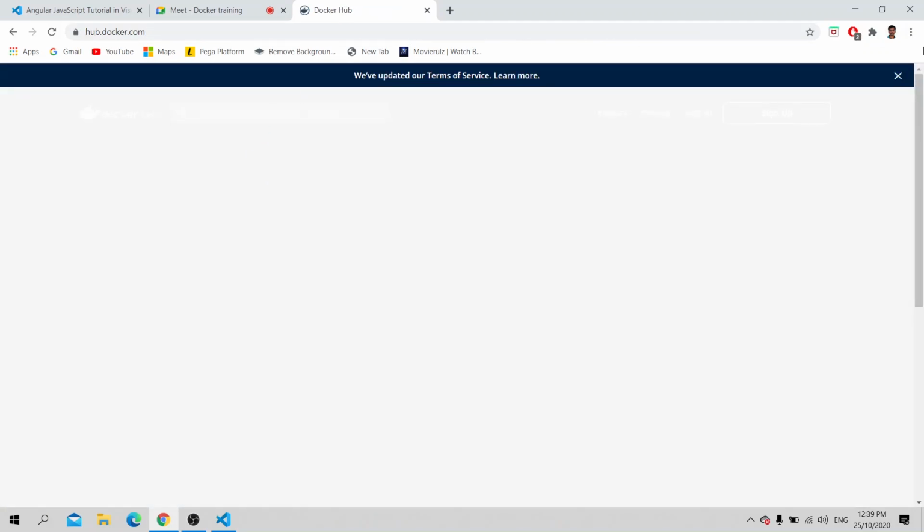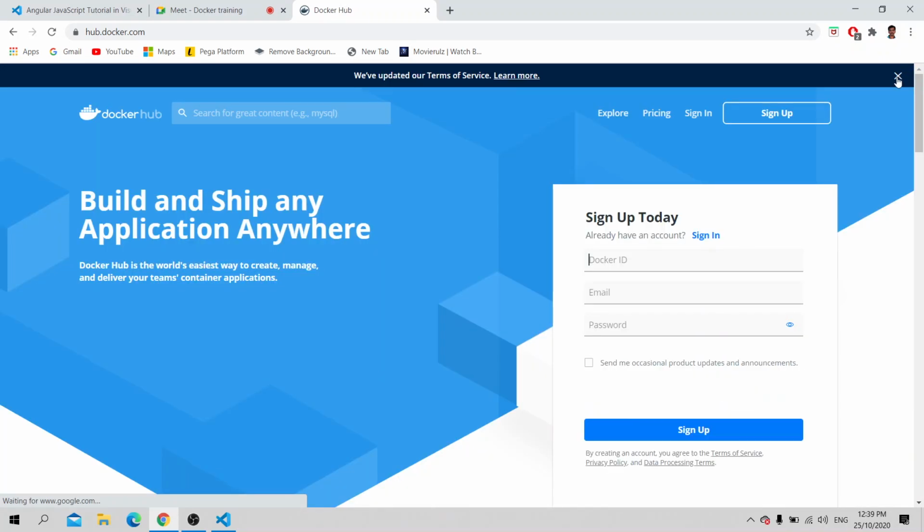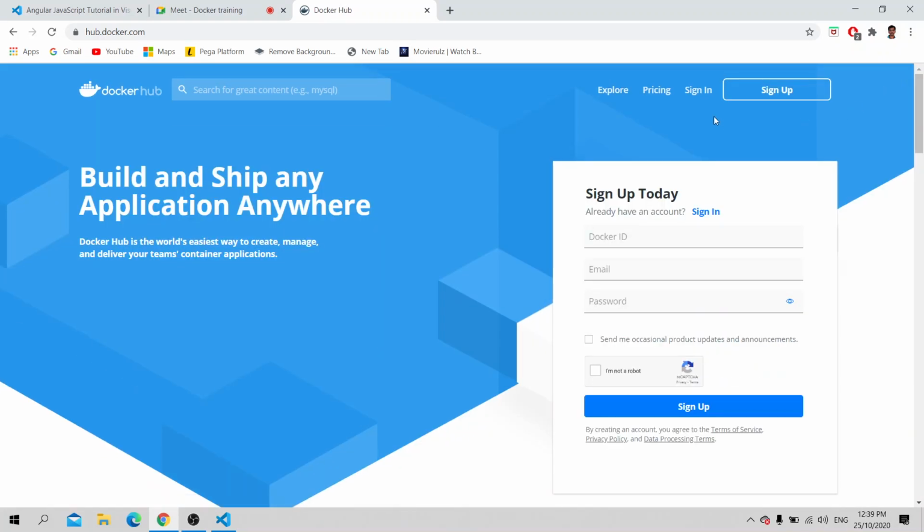That would be useful for you when you are creating your own images and pushing those images to the repository. That's the main use of a Docker ID, because we are not using any private repositories, sometimes we call it Artifactory.